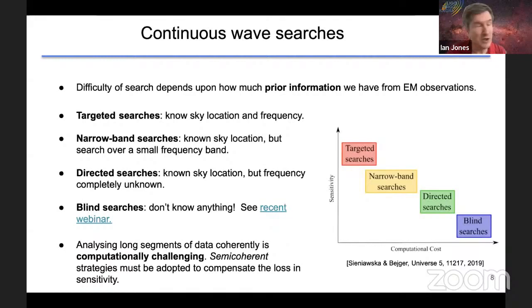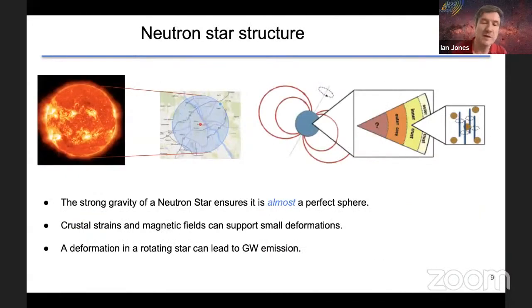And one of the tricks that we use to make life a bit easier when doing these searches, and it will be described just very briefly later by my colleagues, is that we sometimes chop the data up into little bits and analyze the little bits separately and combine them together. But the basic message here is these are difficult searches to do. You need lots of computing power, and how much you need depends on how much information you've got in advance.